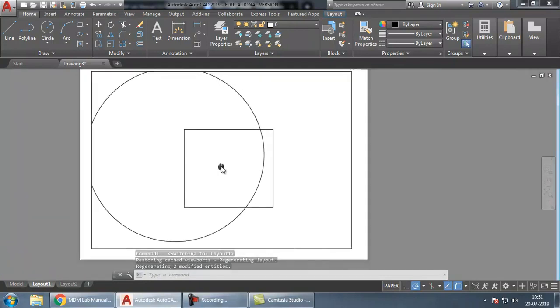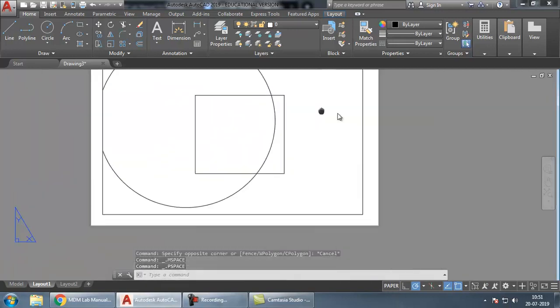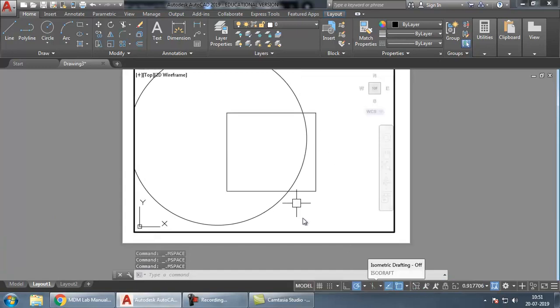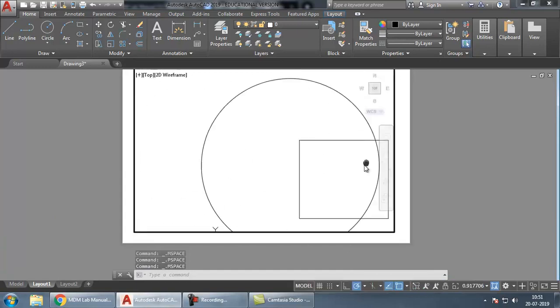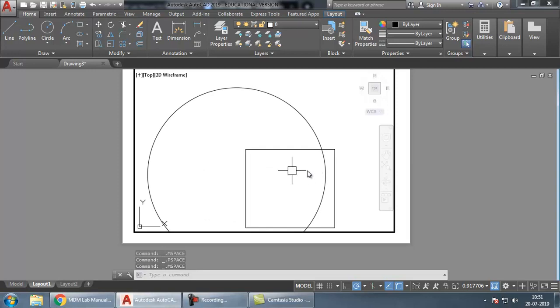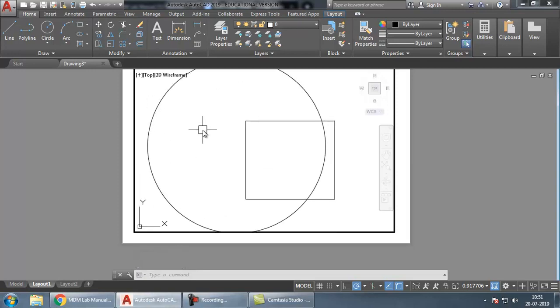So the next thing you have to set is the scale. How to set the scale? You just have to double click inside, or you can choose this button over here. So paper and model. When it is in paper space, you can move the paper. When you move to model space, you can change what is visible on the paper. So you have to set it correctly. To set it correctly, we have to choose the zoom option. In that we have an option called scale, and for scale we have to choose 1 XP.